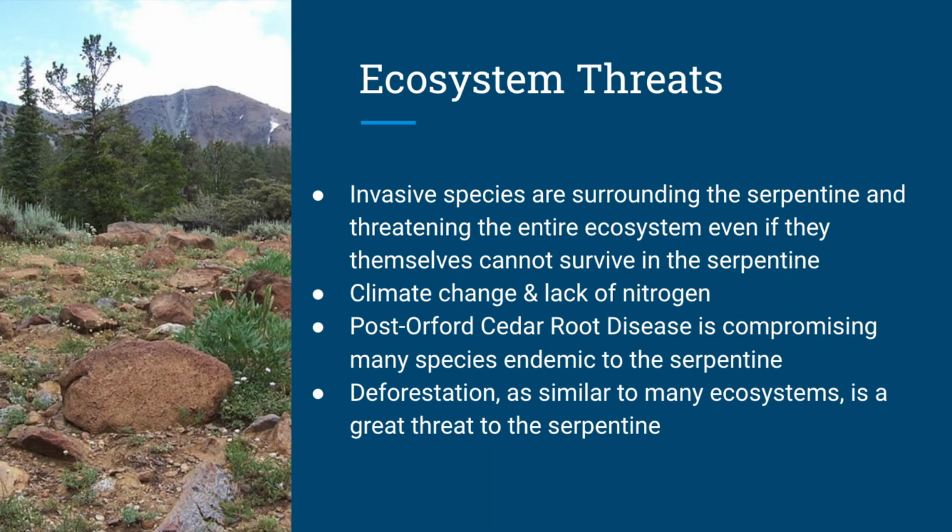However, invasive species are still a challenge because more invasive species are beginning to overtake the ecosystem surrounding the serpentine, and in turn harming the serpentine ecosystem itself. Invasive species also brought, most famously, Phytophthora root disease, a spore that greatly damages the flora of the serpentine, leading to significant mortality. Another threat to the ecosystem is climate change. Climate change is increasing the global temperature and levels of atmospheric nitrogen, and the serpentine is lacking the nitrogen it needs to flourish.